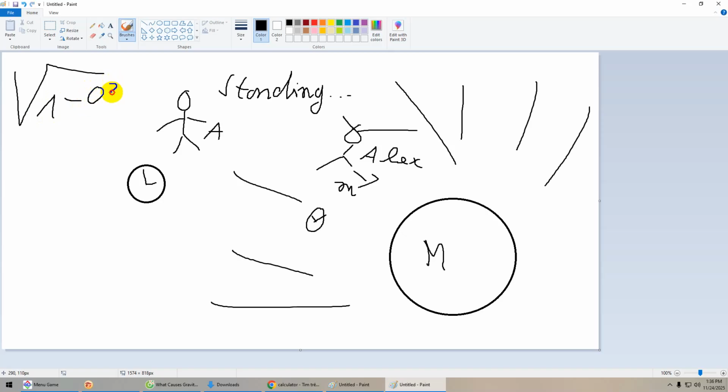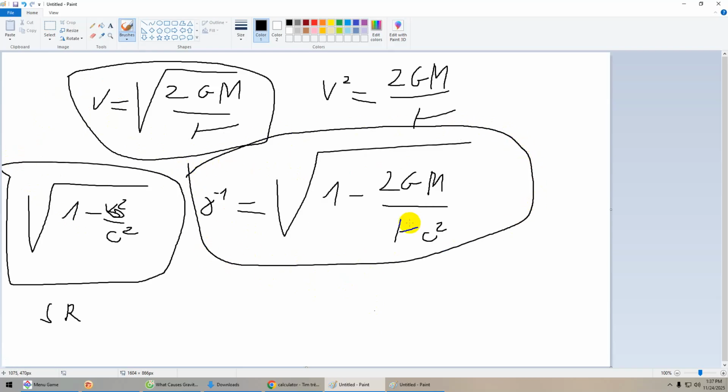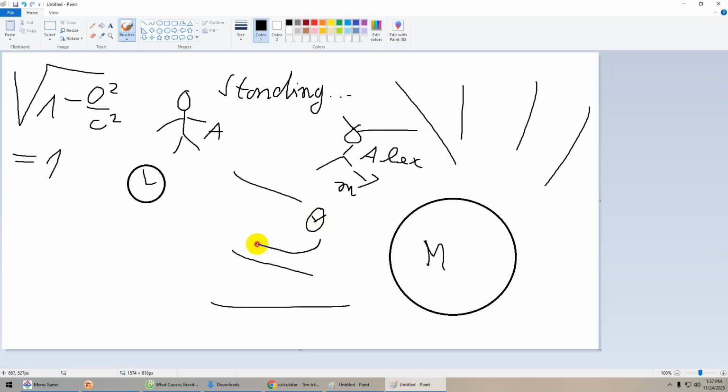So we have 0 squared over c squared, which will turn out equal to 1. So there's no time dilation. If we want to interpret this literally as time dilation, then it's not going to happen. Time dilation will disappear completely